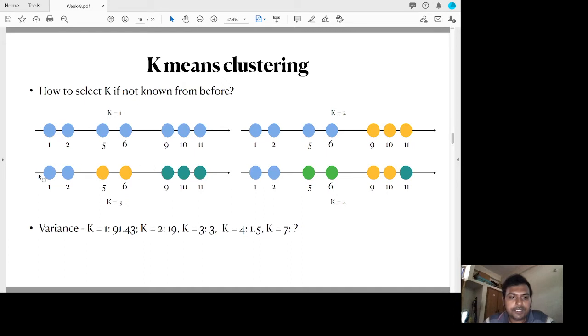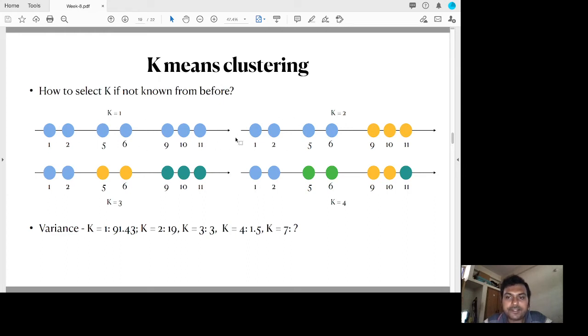For k equal to 3, I have got the correct thing, as I know that these are the clusters. And for k equal to 4, the first 2 points are in one cluster, the next 2 points are in the second cluster, the fifth and the sixth points are in another cluster, and the last point is in a separate cluster on its own. So this is k equal to 4. And now what you do is you